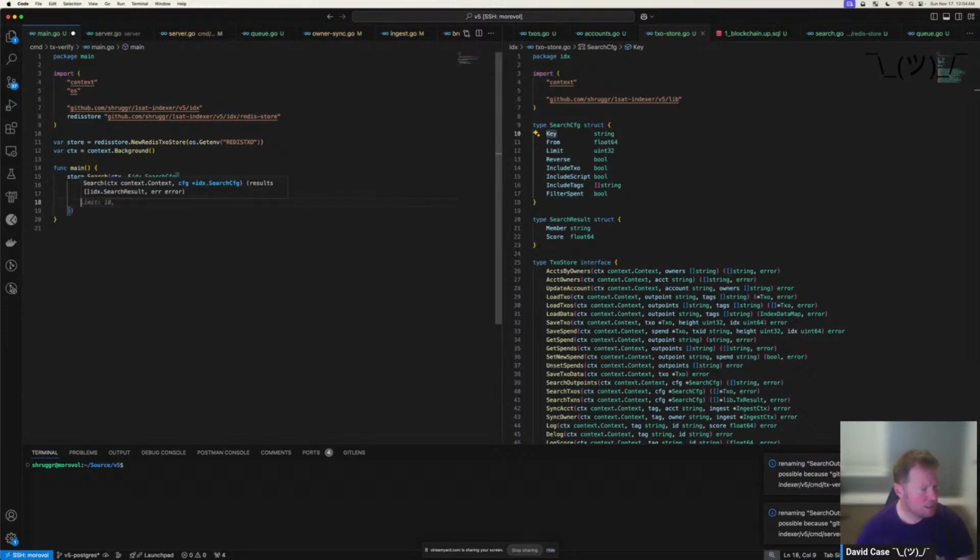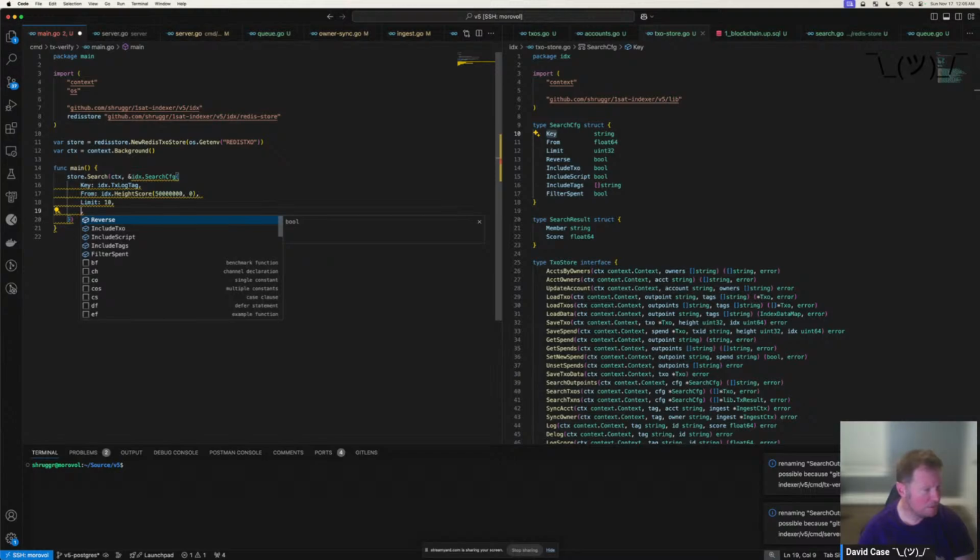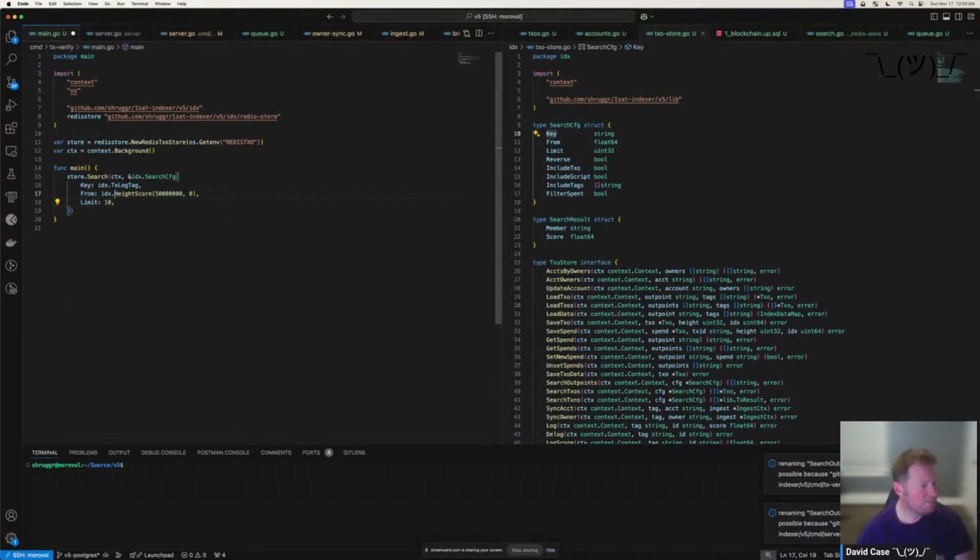What else do I need in here? Limit. Yeah, I don't care for now. Let's just go 10. Reverse equals true. No, I want it from, oh, get out of there. Include TXOs. No. Include, no. Okay, that's it. So this should give me